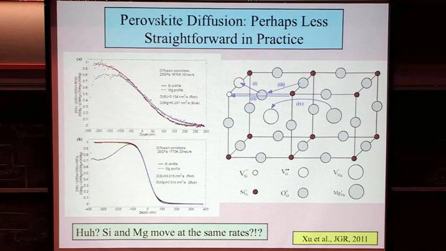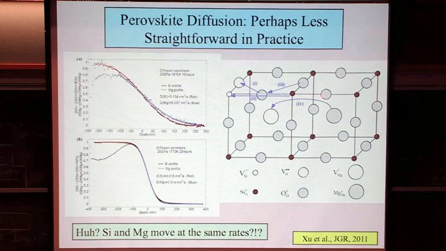This oxygen does the same jump that this one did a minute ago, jumps over here. And then finally, this window through which this magnesium has to jump is now a little bit open. So if you imagine that this magnesium has to jump to this site to diffuse, you want to open this window right here a little bit.